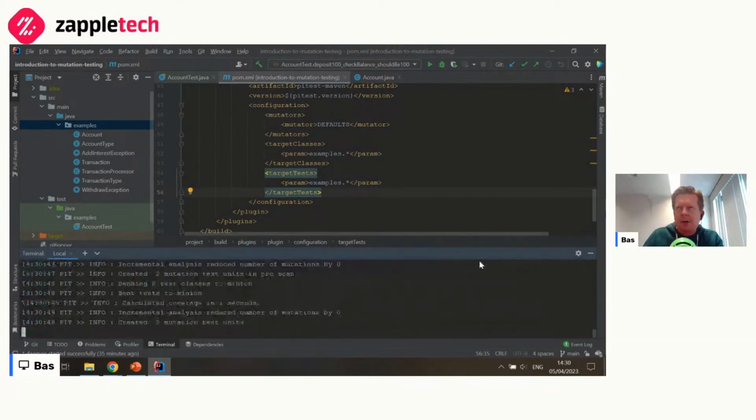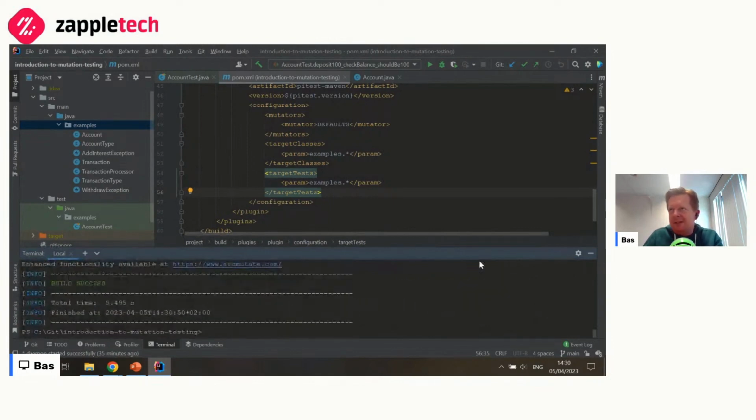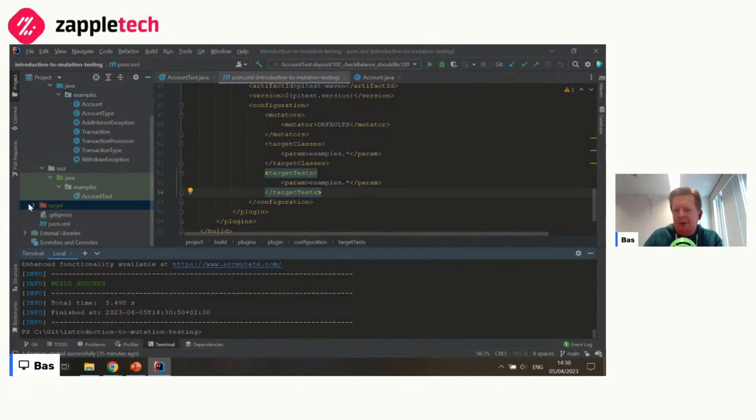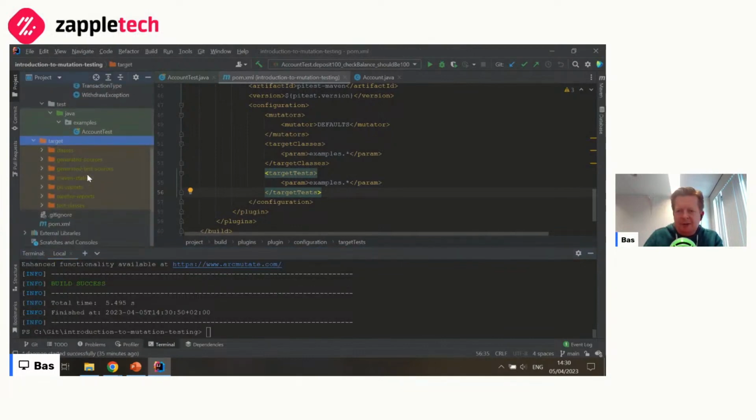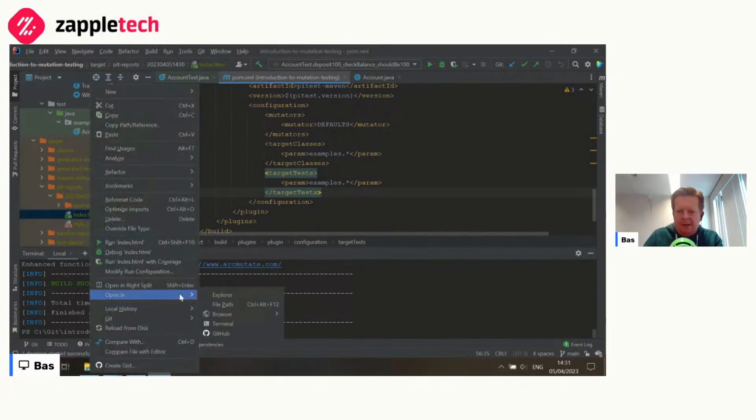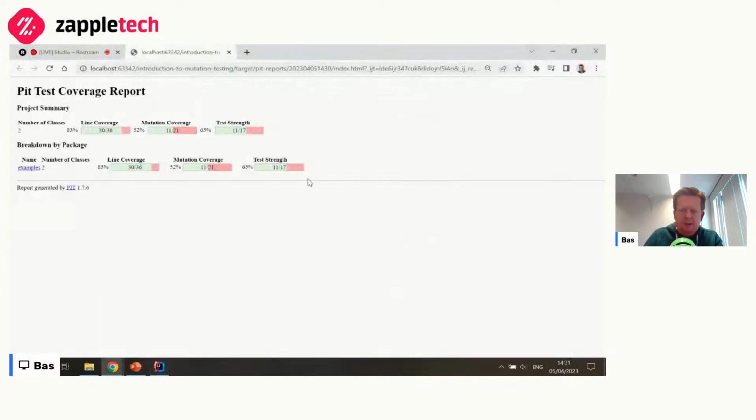So this creates the mutants in memory, runs the tests, and reports on the results. So let's have a look at the results. Those end up in pit reports in my target folder, and they show up as a nice HTML report.